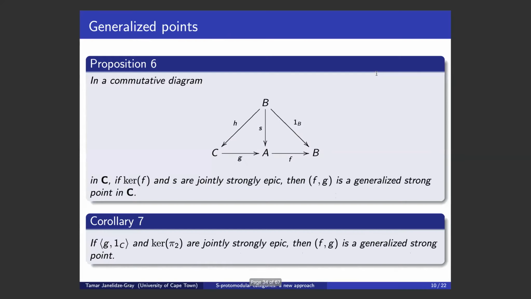All right, so these are some of the preliminary notions that I wanted to introduce, and now I think we are ready to define what we call, or what Dominique Bourn calls, S-protomodular category, and then we're also going to define what we call T-protomodular category, and then we will see how these two things relate to each other.